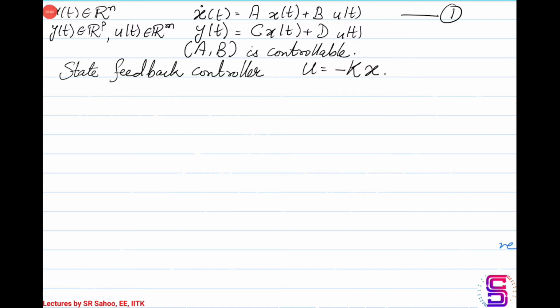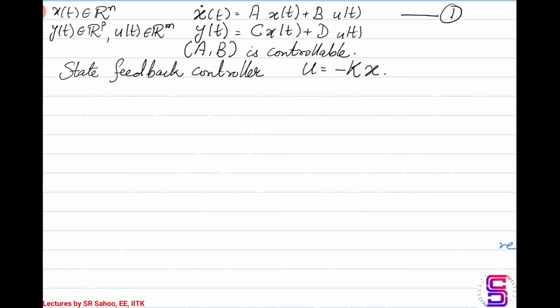In this lecture, we'll discuss a specific state feedback controller known as the linear quadratic regulators. They are also known as LQR controllers. So here we'll consider a causal LTI system whose state space representation is of the order n. There are p number of outputs and m number of inputs, and our assumption is that the pair (A, B) is